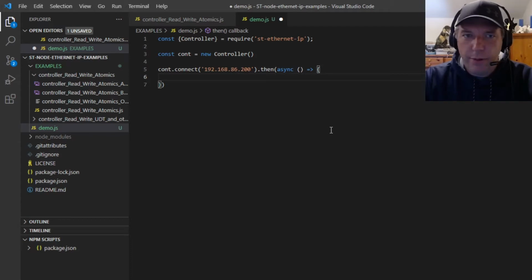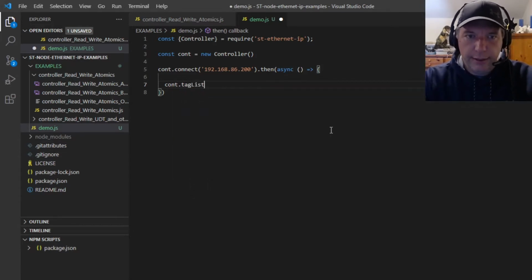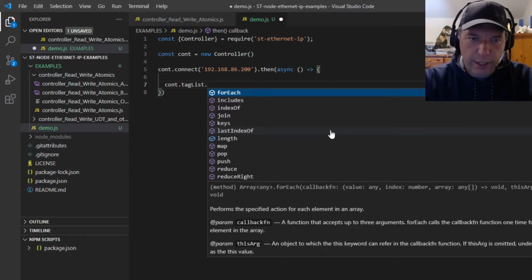And so this library will now automatically grab a whole list of all the tags that are on the controller, along with templates for any structures. So if we want to get a list of the tags that are on there, we can just look at our controller tag list now, and then it'll be an array of the tags that are on the controller, and we can do